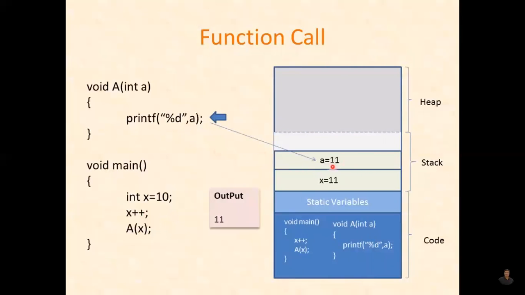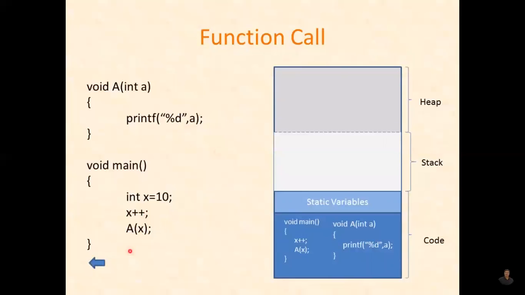Function A printing A ended, activation record gone. Main ended, activation record gone. Now the stack is clear. So this is how function calls are made, and one thing we observed is that as the functions are being called, their activation records will go on being created inside the stack, one above another, and the running function will access the topmost activation record.